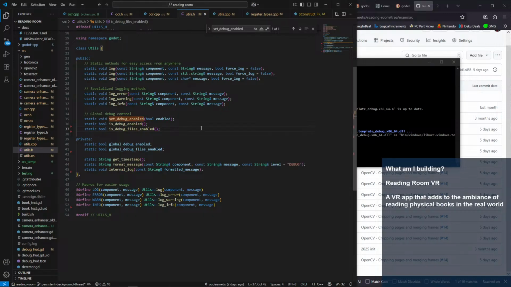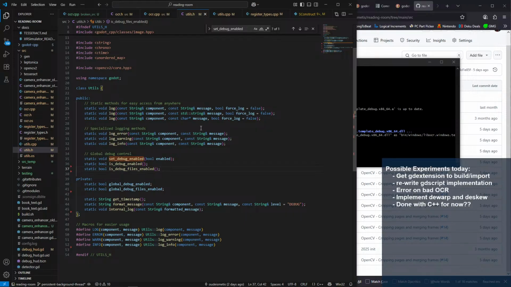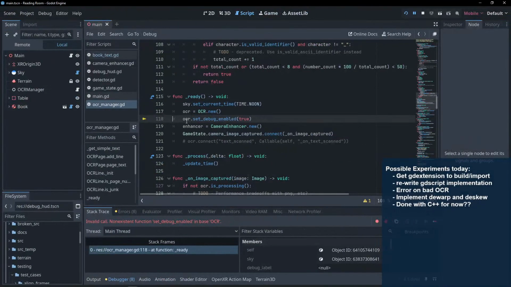It's a public method. Oh, it's on utils. Right. Okay, fine. Let's do